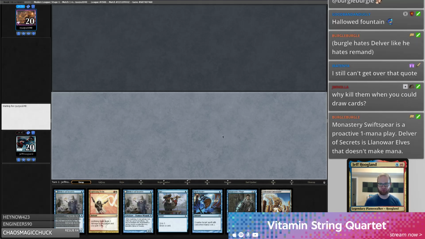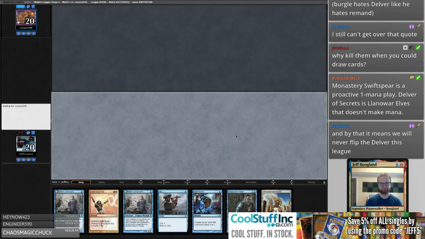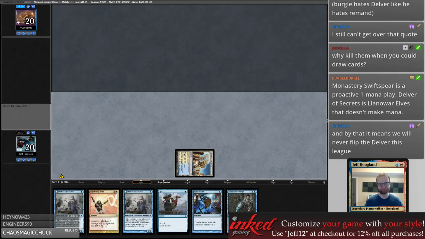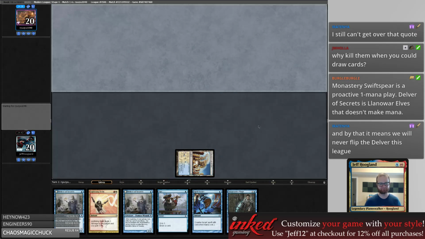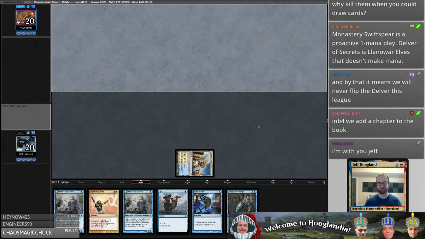This is fine, right? Opt will get us there. Opt is an incredibly powerful cantrip that makes this hand a perfectly reasonable keep. Anybody believe that? No? No one? Weird. Well, this deck only has 24 lands in it, so...